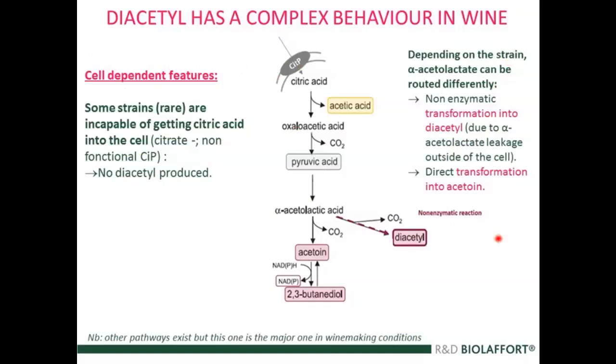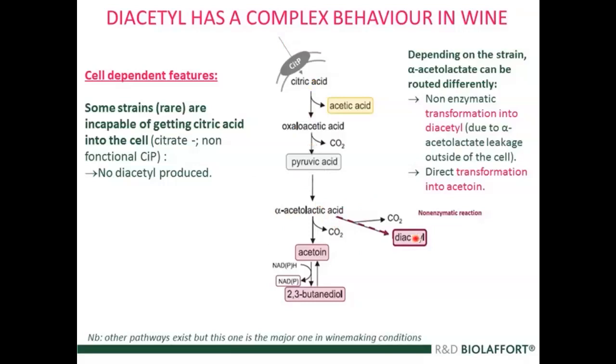After, among different strains, they have different ability to route a metabolite that is an intermediate to citric acid that is called alpha-acetolactic acid. Citric acid, maybe I haven't mentioned it, is indeed not directly transformed into diacetyl. It first goes through this intermediate, which is called alpha-acetolactic acid. And this alpha-acetolactic acid can either be transformed to diacetyl, and